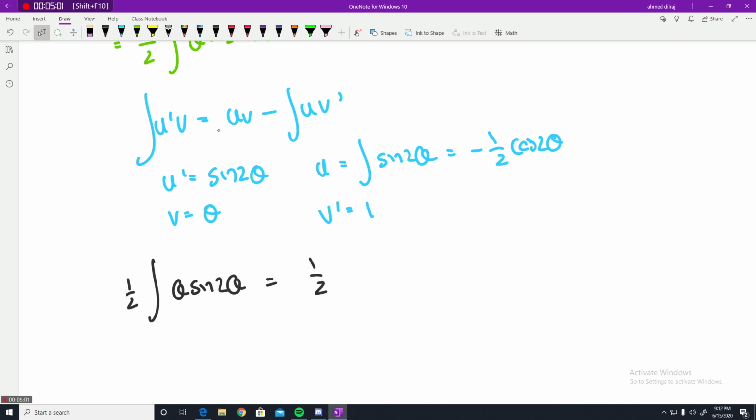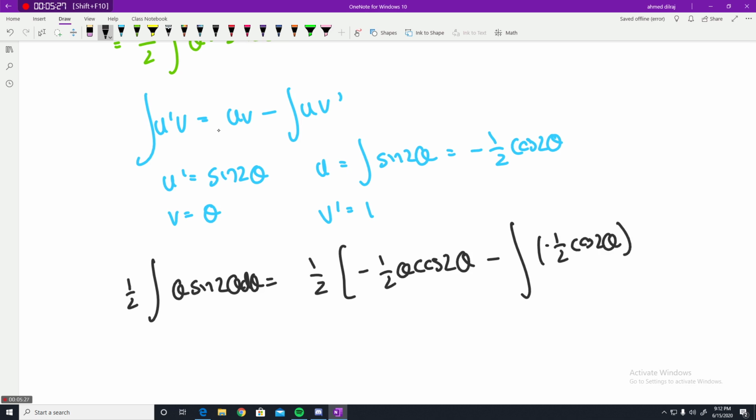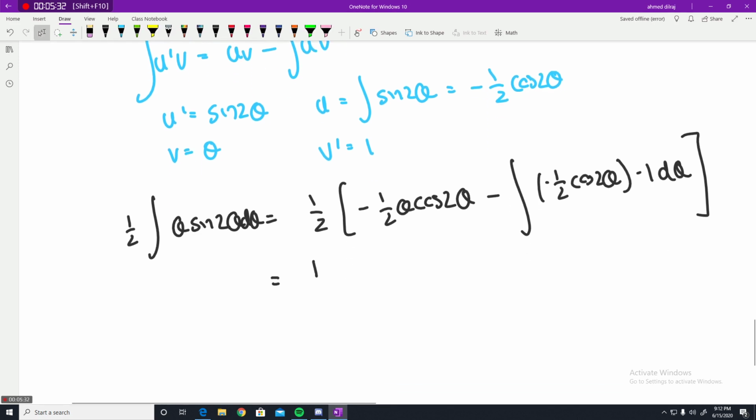is equal to, well, a half, because if this is a half here, then there must be a half here, right? A half of uv, where u in this case is minus a half cos 2 theta, and v is theta. So it's minus a half theta cos 2 theta minus the integral of u v prime. Well, u is minus a half cos 2 theta, and v prime is 1, and then we're integrating with respect to theta. So now we have a half of minus a half theta cos 2 theta, and obviously,